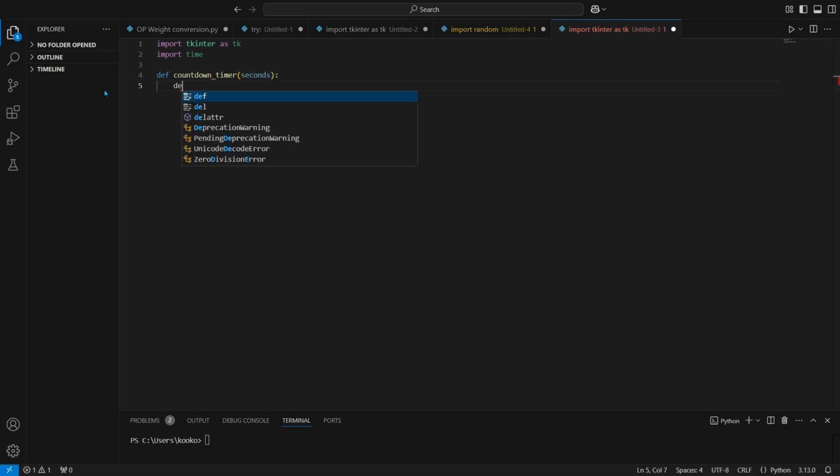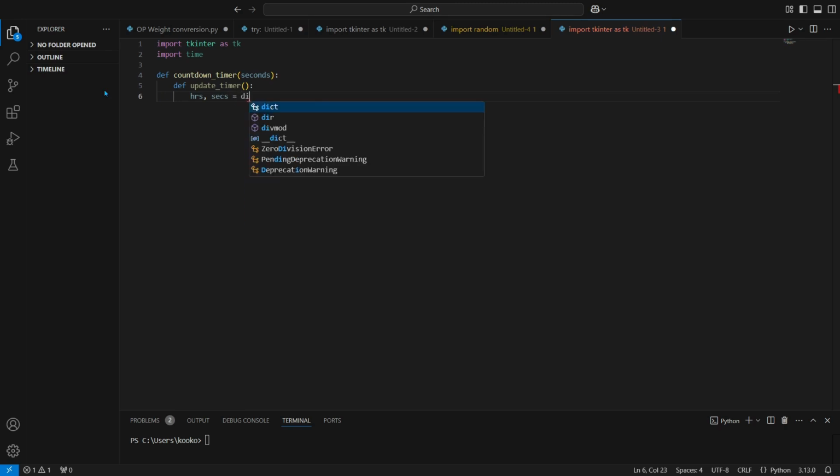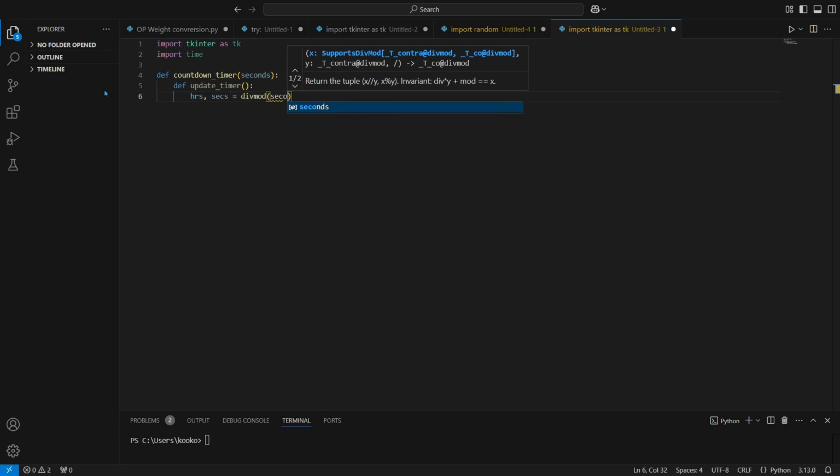Now let's do a def. We'll define this function as update timer. Now what we'll enter here is hours, seconds, equals, divmod, seconds,